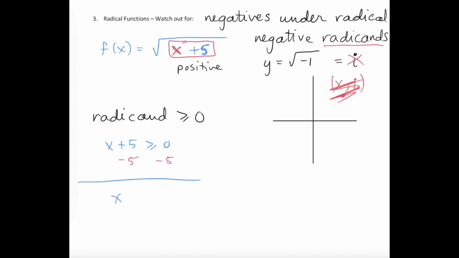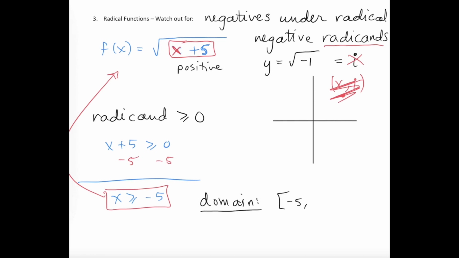x is going to be greater than or equal to -5, and these are the x's that I'm allowed to plug into that function. These are the x's that make up the domain of this radical function. So we would say it in interval notation that we start with -5 and go off to positive infinity, and